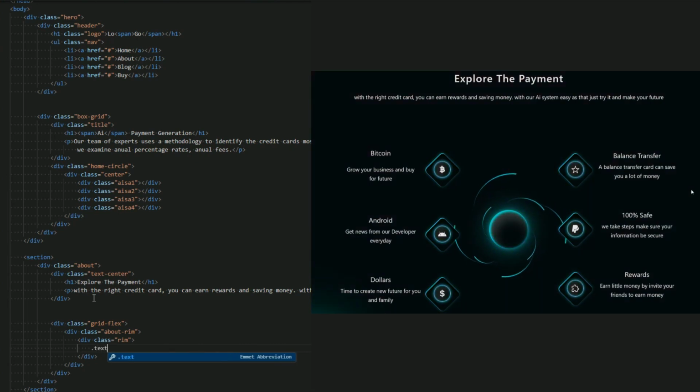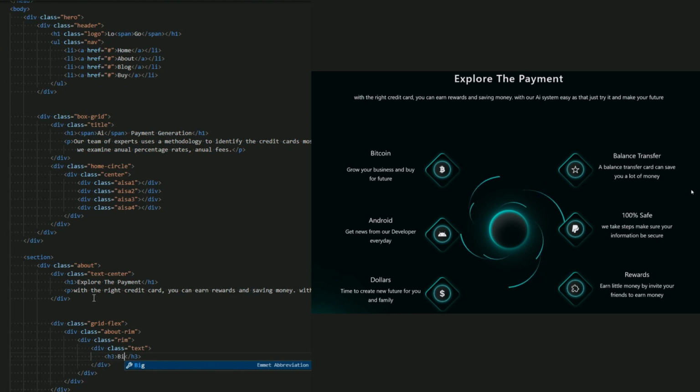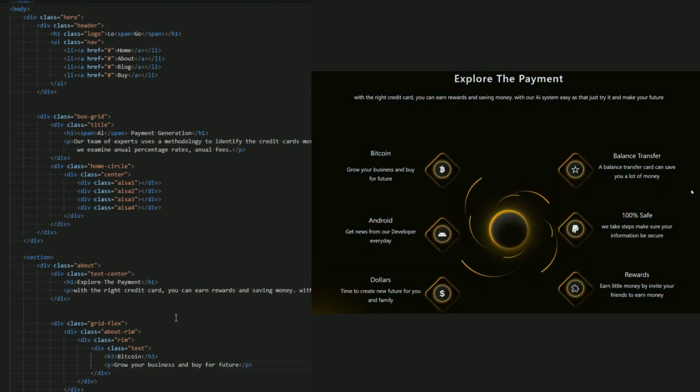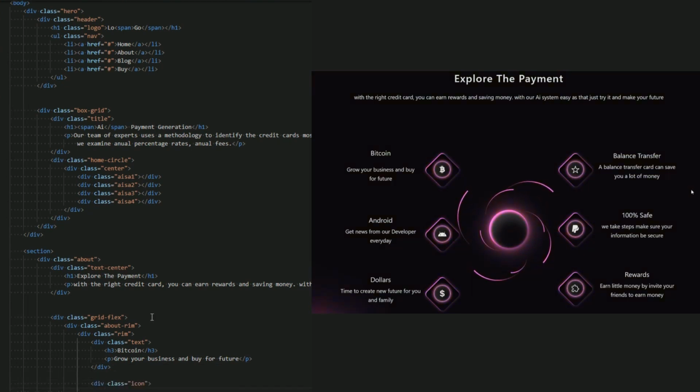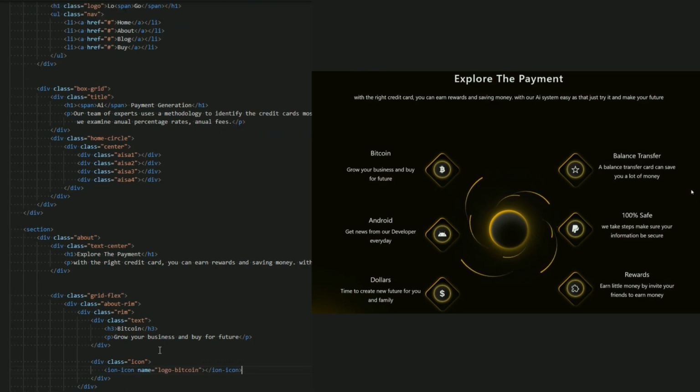So the text, let me just name it h3. First one is a Bitcoin, and the P, let me just copy and paste it, and we don't have the time for this HTML. And now second box, let me add the icon of this Bitcoin. This is our icon.